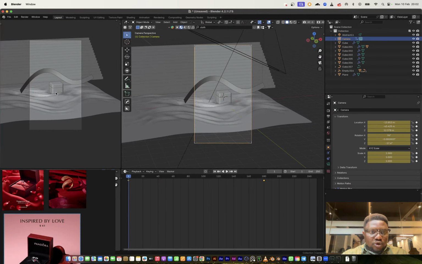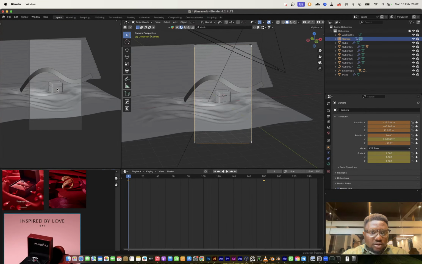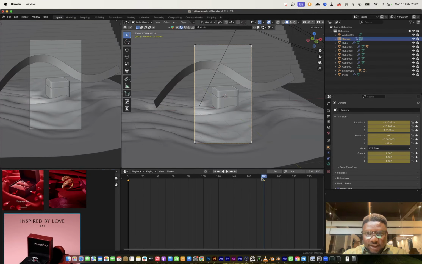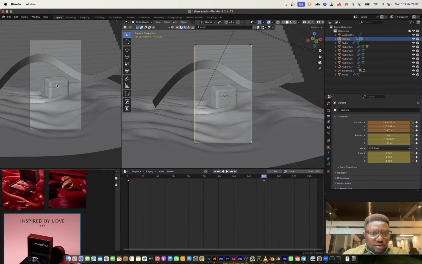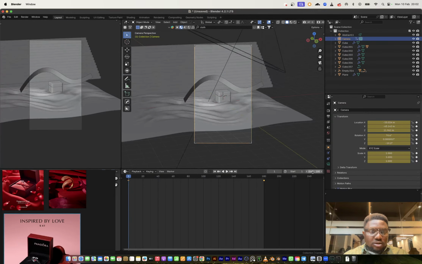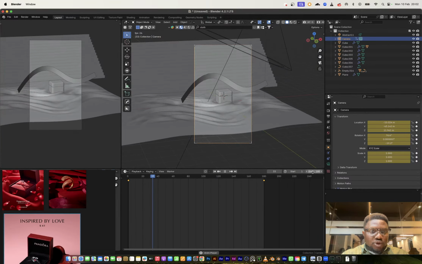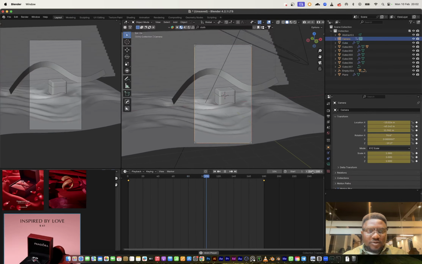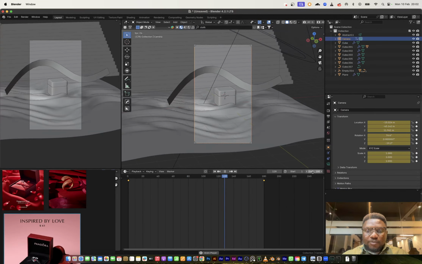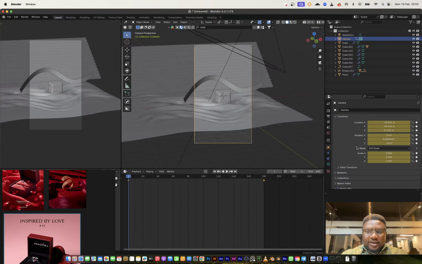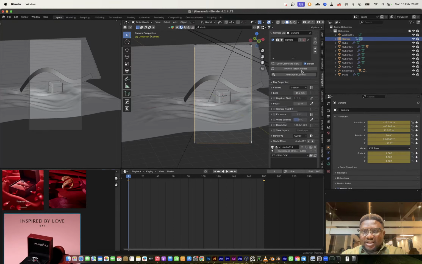The shot is good, but I just want to center the product a bit better, like so. So I can insert that, come to the end right here. Insert that. So that's cool. We're going to do 180. So it's just 180 frames I'm going to be rendering. Nice push. I'm certainly going to change this later, but let's just work with this first.